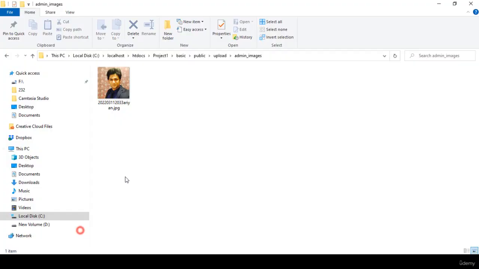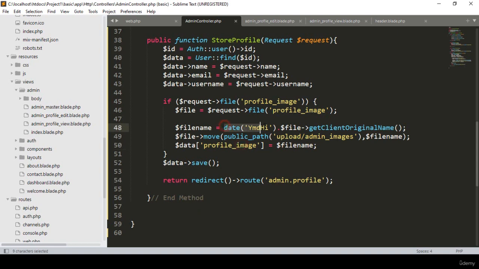Original name means I have already uploaded that image with the name Aryan, so that is our total Aryan.jpg. It should get the total extension. Before that extension, it should be generated with the unique ID. So that is actually our date ID. Okay friend, I hope now it's very clear to you. So here I simply take that date format data, take it with our variable, and then I move